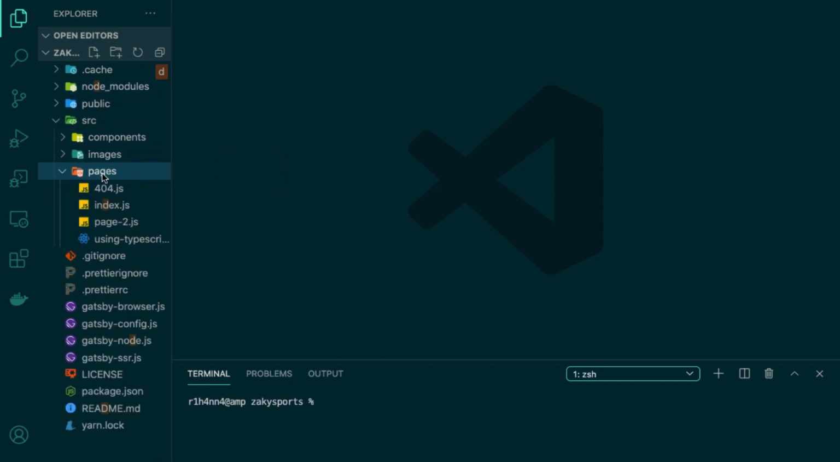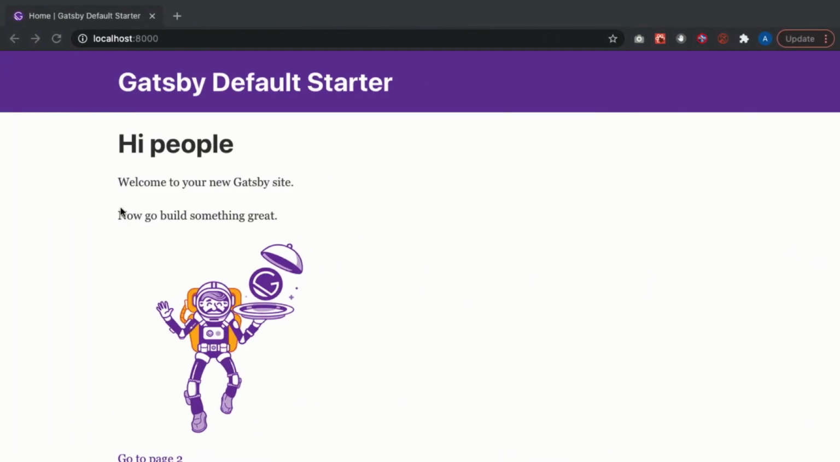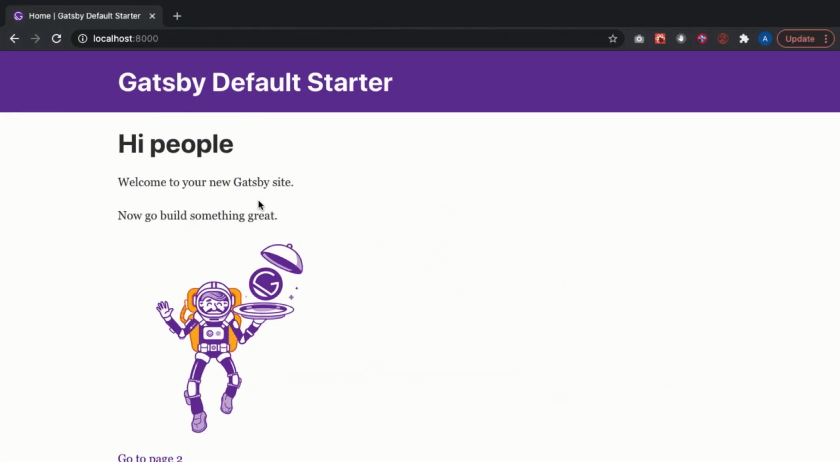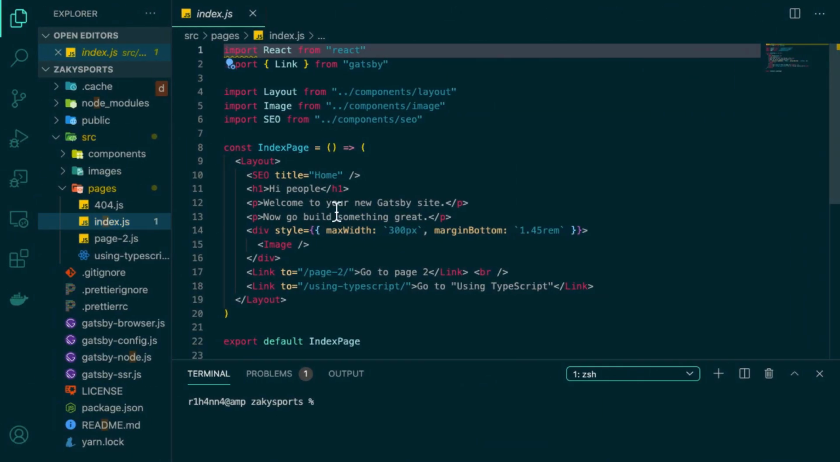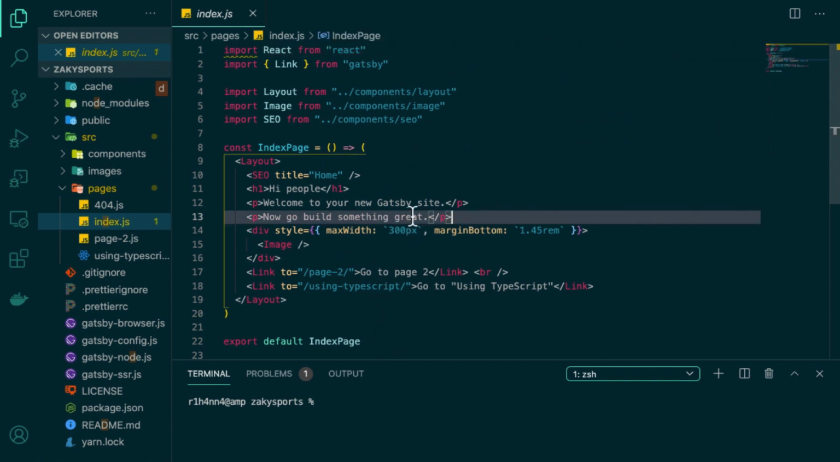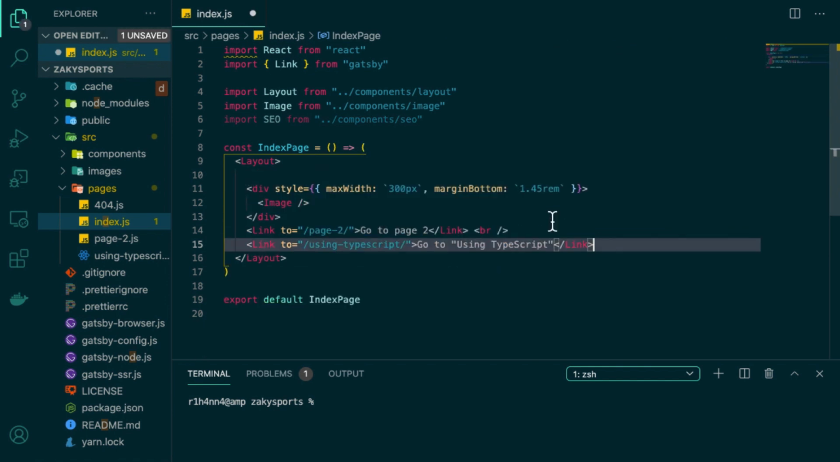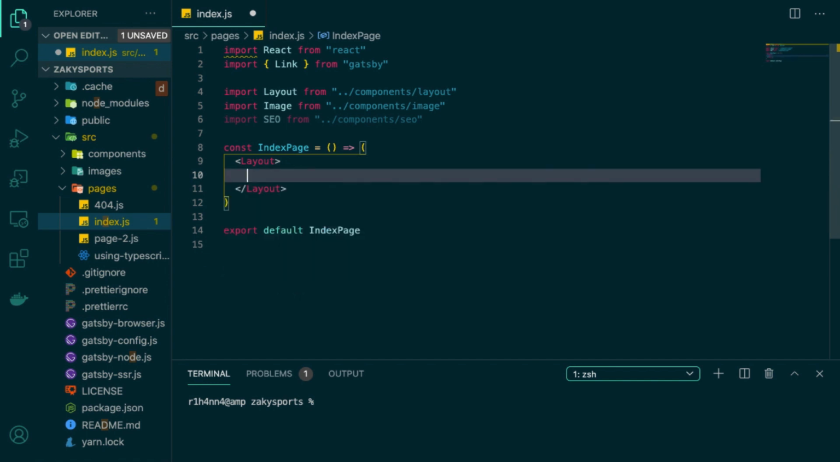So if I go under pages right now, I can see several pages here. Now the current page that we see here is the index page, okay, because that's the home page and that's the entry file, and you can see "Hi people, welcome to your new Gatsby site" and all of that. So that's what's being displayed here. All right, so let's try changing some of this stuff and see if our Gatsby application works. I'm just going to clear all this stuff,